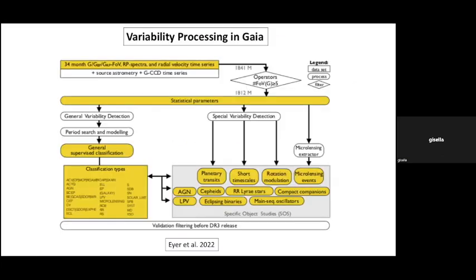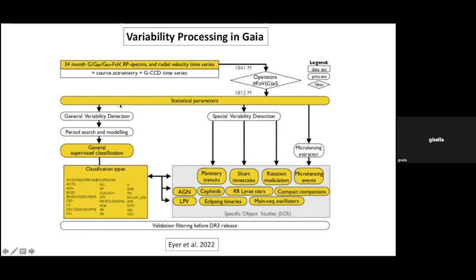Now, just a quick look at the software that is used in Gaia. This is the variability processing, how the processing works. The first step is the reconstruction of the time series data: photometry, spectra, or radial velocity. Then there is cleaning of the outliers, and then derivation of statistical parameters, and then there are three different ways of identifying the variable sources.